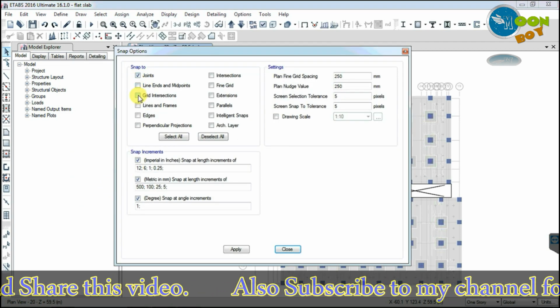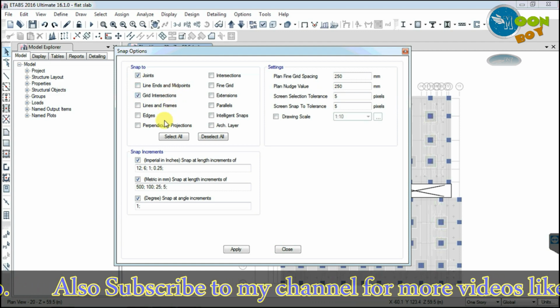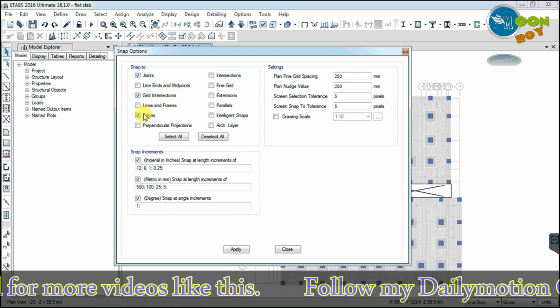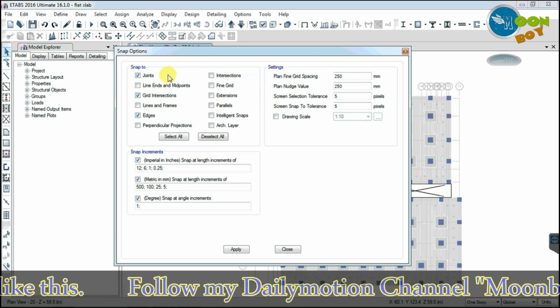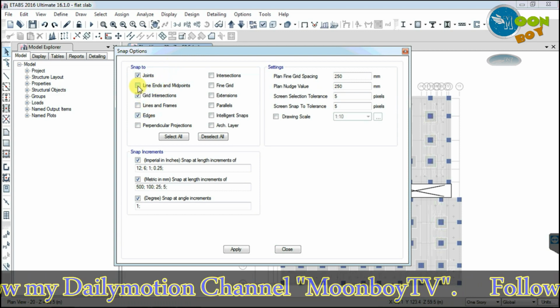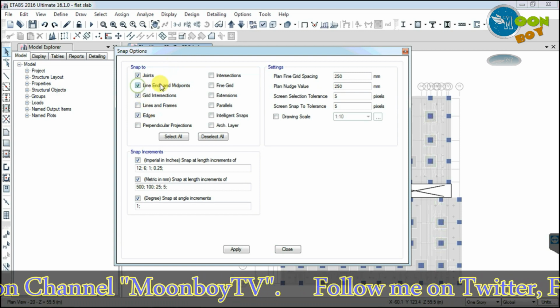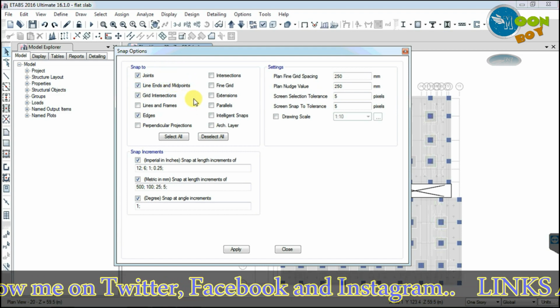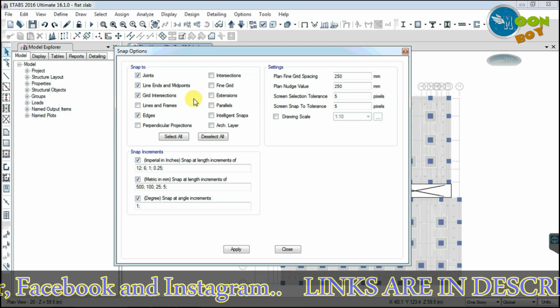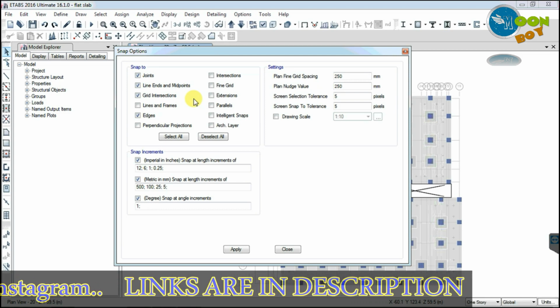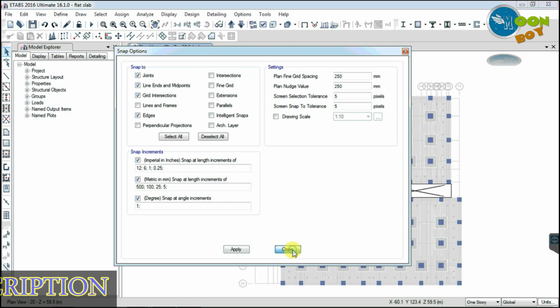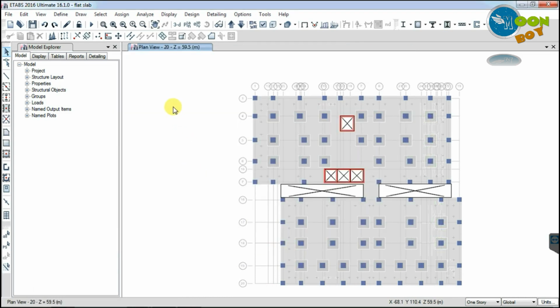Joints and also the grid intersection and also the edges. Line ends and midpoints. Apply, close. Now what we will do is we will go to drop